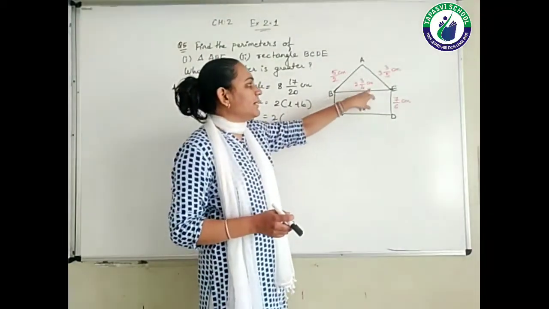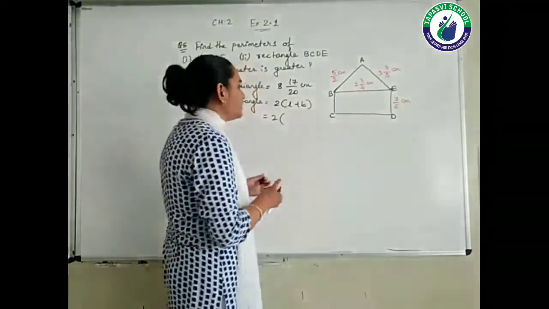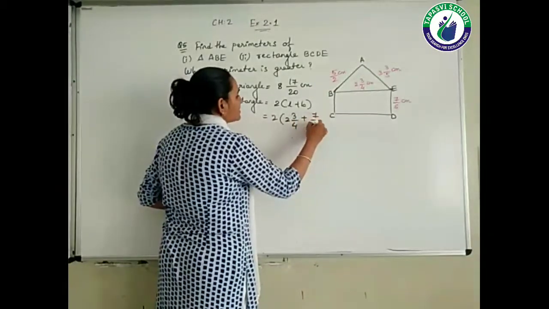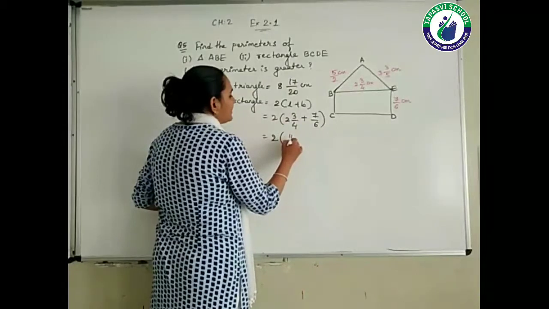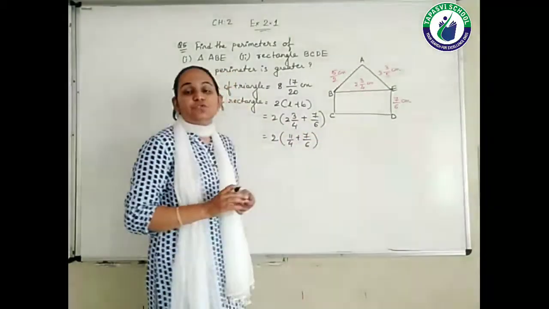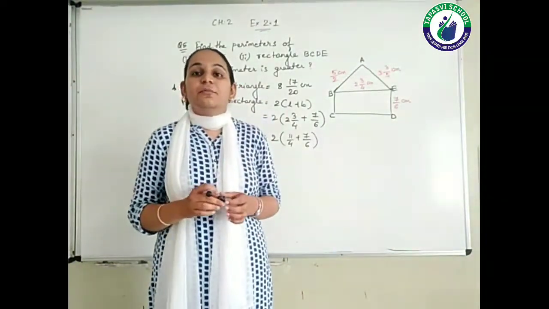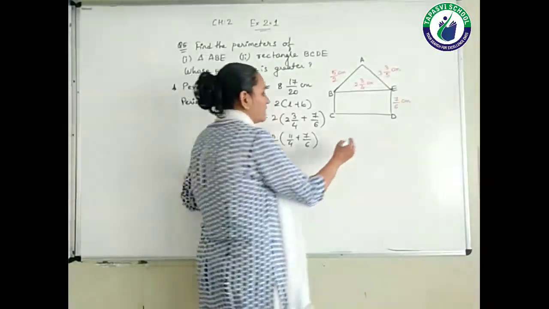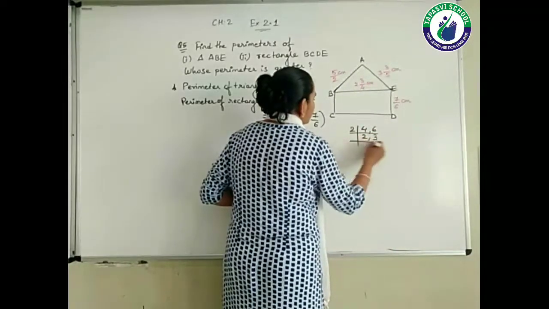So 2 integer 3 by 4 and this is your breadth 7 by 6. So here I am writing, students, 2 integer 3 by 4 and 7 by 6. 2 4s are 8 plus 3, so 11 upon 4 plus 7 upon 6. Now 4 and 6, first of all we need to make the denominators the same. So to make the denominators the same, we need to take the help of LCM. So 4 and 6, so here I am calculating the LCM. 2 2s are 4 and 2 3s are 6.